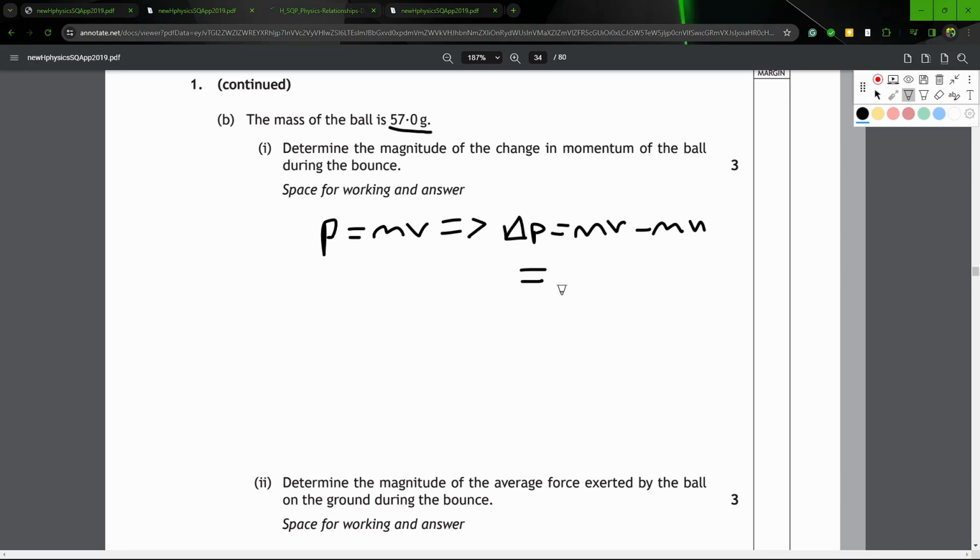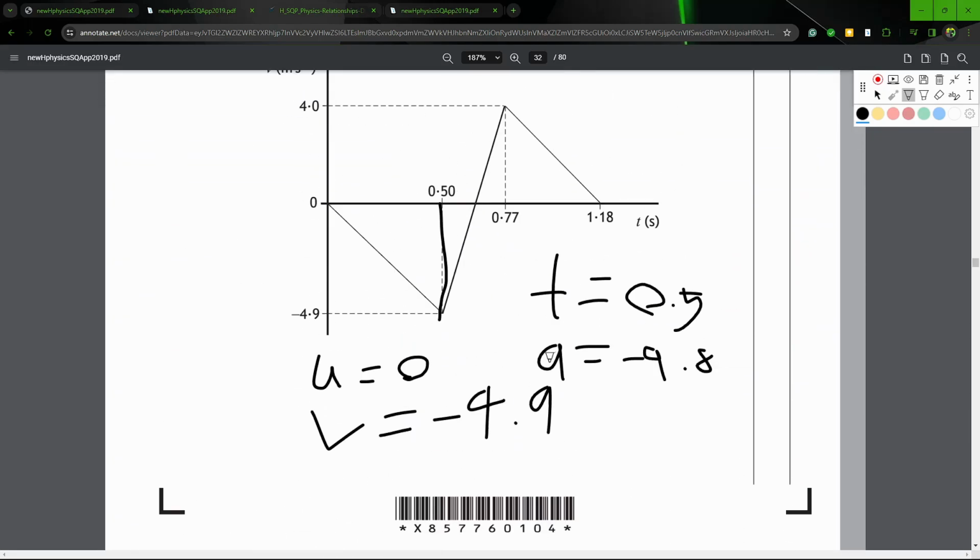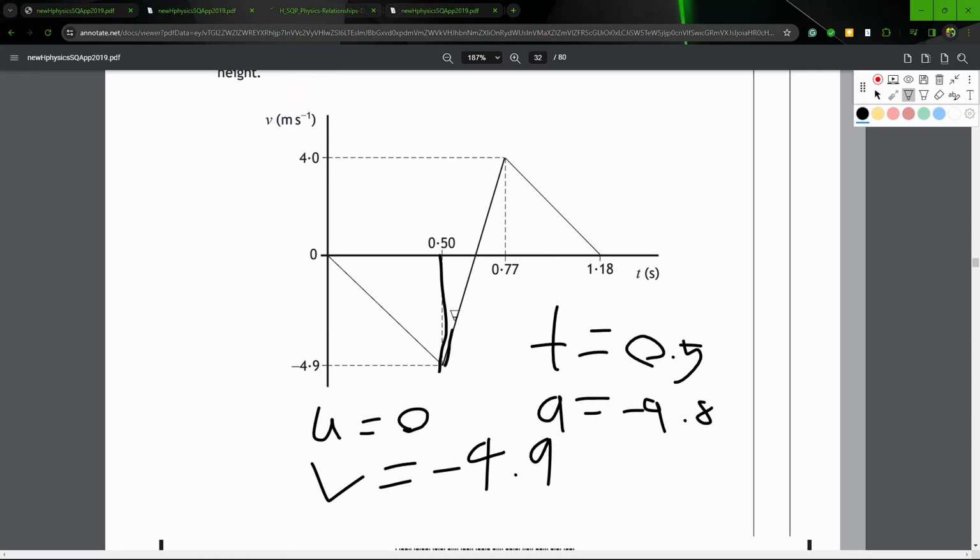So 57 grams, you don't actually put 57 here because in physics we use kilograms. So we actually use 0.057. I'll just write it over here to make things easier. So that's 0.057 times the velocity. So this is the velocity after the bounce. We're going to be using different numbers than the ones we wrote here, because remember, this new line here is going to be the bounce. So the original velocity is minus 4.9 because it starts there, and as it's bouncing it accelerates up to 4,